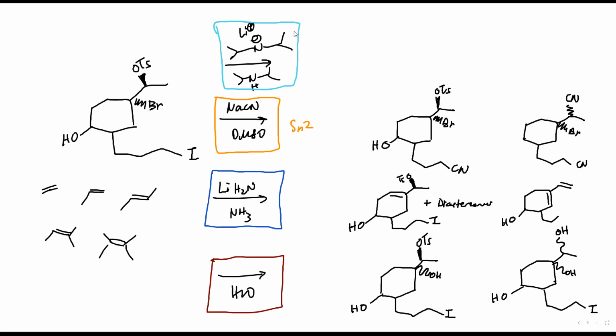I'll give you a hint. There's p orbitals in this double bond, and there's p orbitals in this double bond. What do you guys notice? Yeah, it's going to be conjugated. So it's going to be incredibly stable. That OTS center will react a lot faster than the I center reacts. Okay, so order of reaction would have been BR, then OTS, and then the